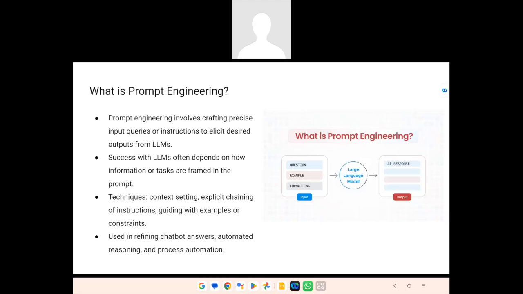So we have to set the context of the chatbot. That is called context setting. That is the behavior of the chatbot. And then explicit chaining of instructions is where you give very detailed step-by-step instructions on what you need to do or what you expect the chatbot to do.